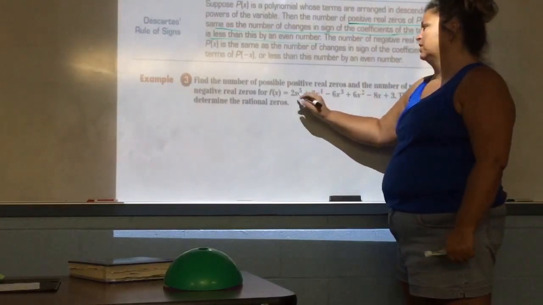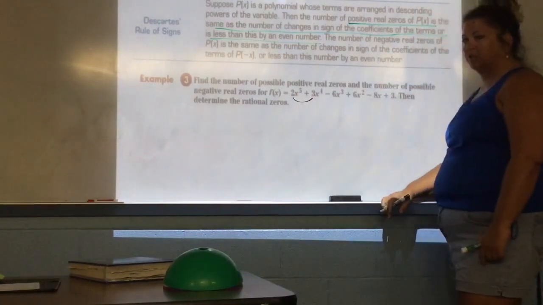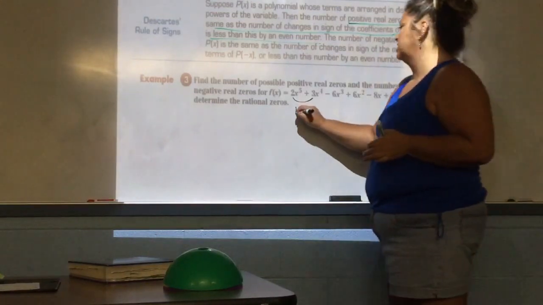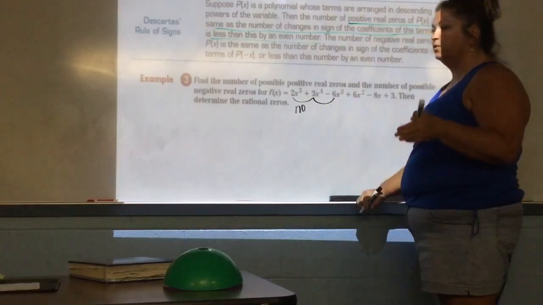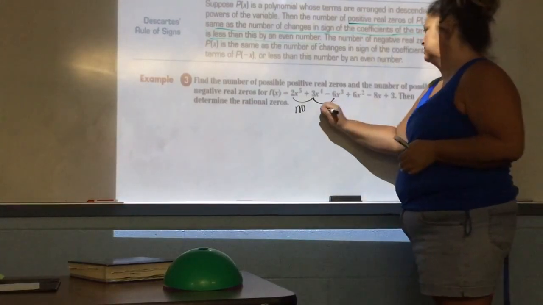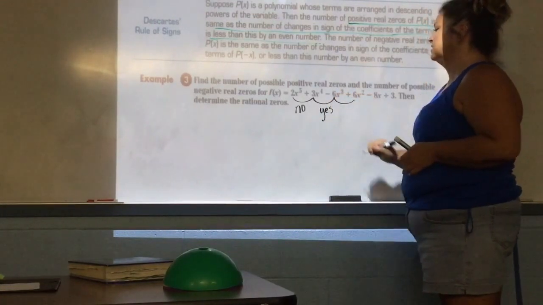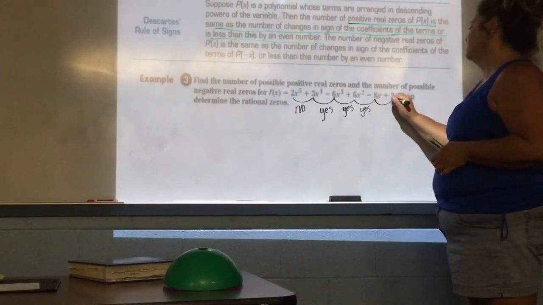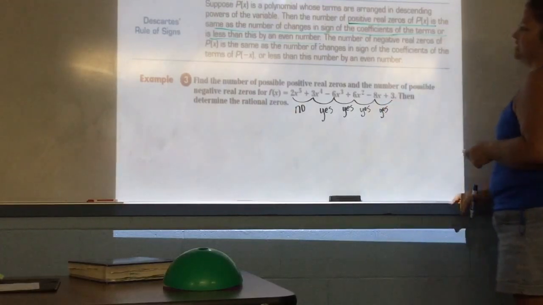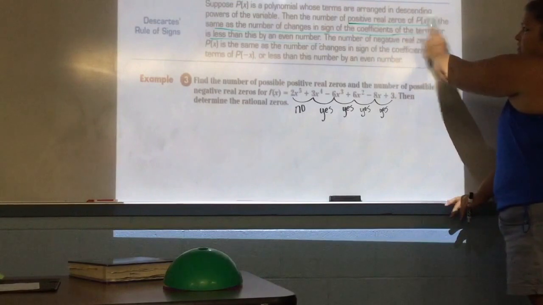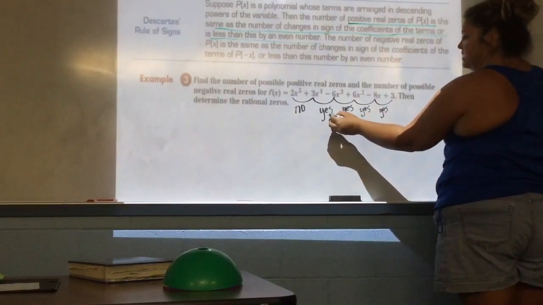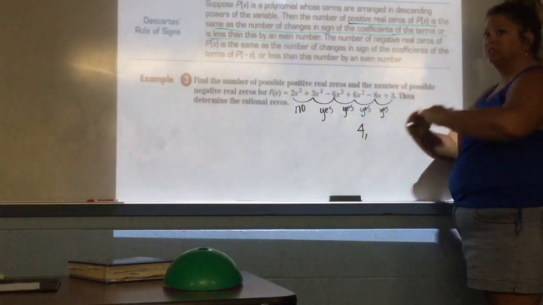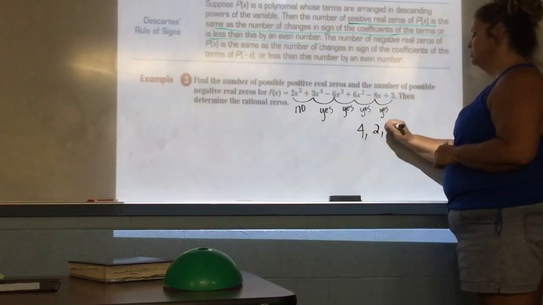If I look at this one right here, this is a positive 2 to a positive 3. Was there a change in signs? No. Both positive, so no change. From positive 3 to negative 6, did the signs change? Yes. What about from negative to positive? Yes. Positive to negative? Yes. Negative to positive? Yes. So positive real zeros, how many changes did I have? 4. So there's a possibility of 4, and we're gonna reduce it by even numbers down, so there's a possibility of 4, 2, or none